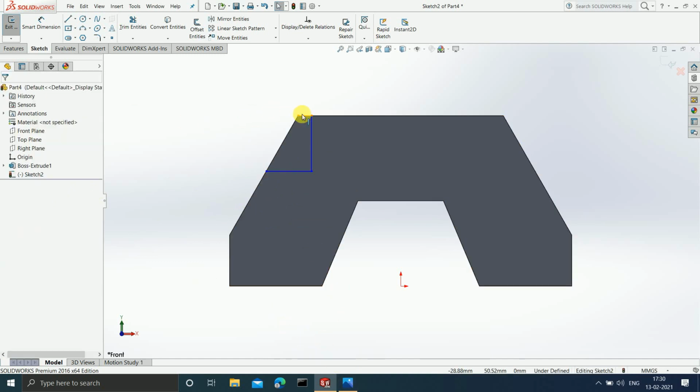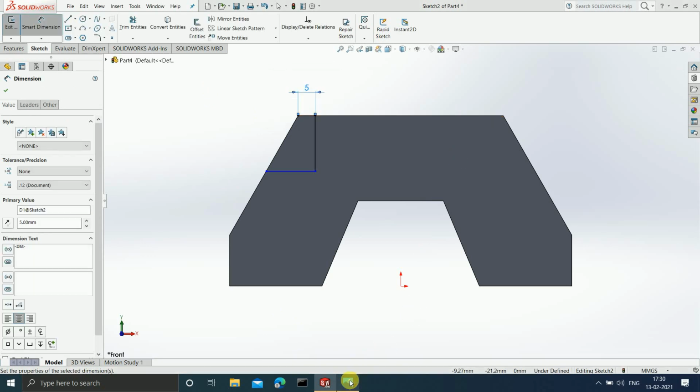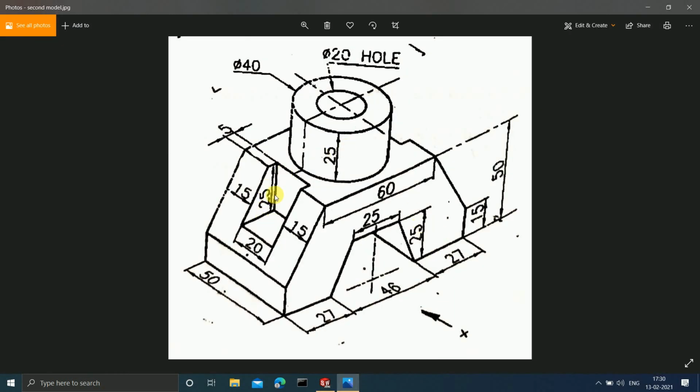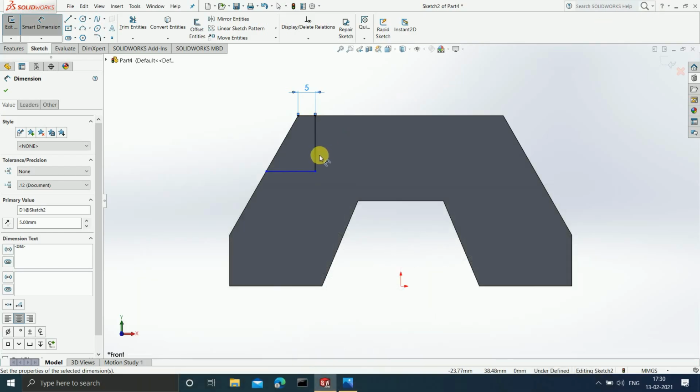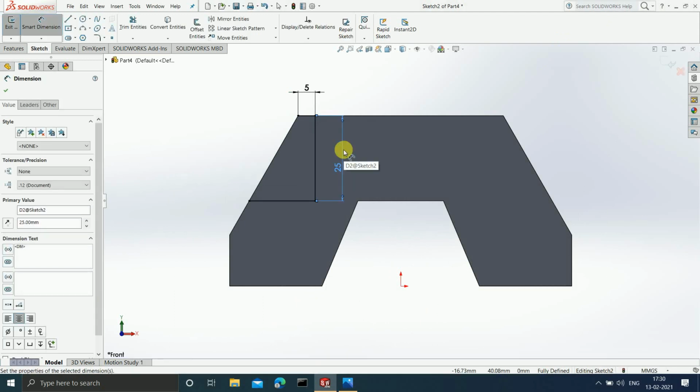Now give the dimensions. This top thing is 5 mm. 5, enter. Now after that is done, your vertical line is of 25 mm, so give the dimensions to it as 25. Okay, done.